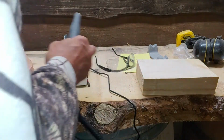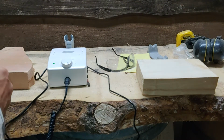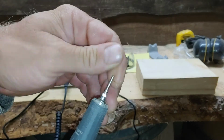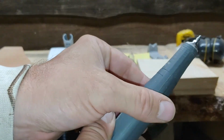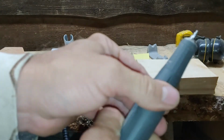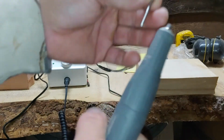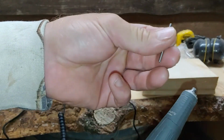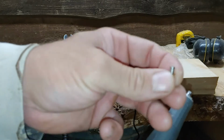Okay, so initially when I first got it, it came with the collet there, and what they call a test burr, which is basically just a steel plug that's in there. To change a burr, it is simply a matter of turning this center unit past, like you'll turn it and it'll feel stiff. You just give it a little extra, and that is the unlock position. You can pull the collet reducer out and the burr out. There's our collet reducer. There's our test burr. For now, we're just going to remove the collet reducer,